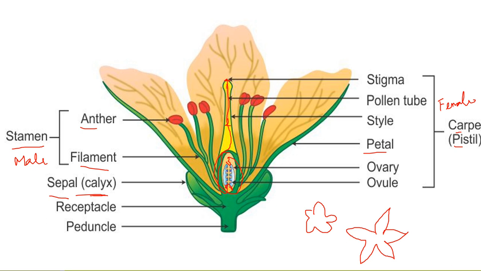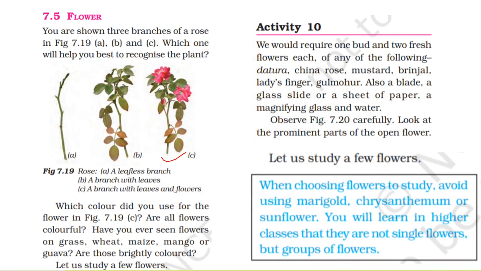Stamen is the male reproductive part of the flower and it helps in providing the male gamete and further fertilizing the egg. Then carpel or pistil. Carpel or pistil is the female reproductive part. It helps to make seed and fruit after fertilization,